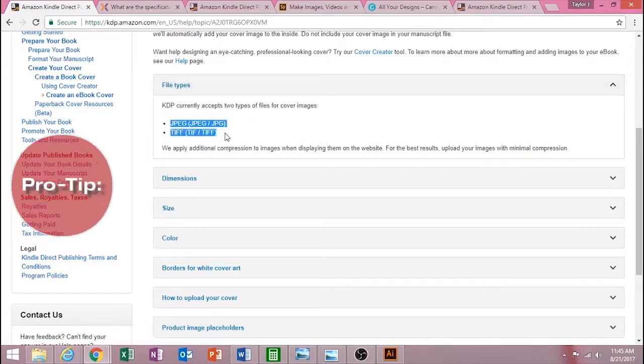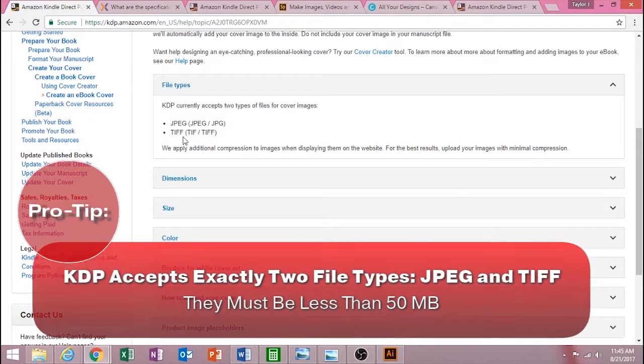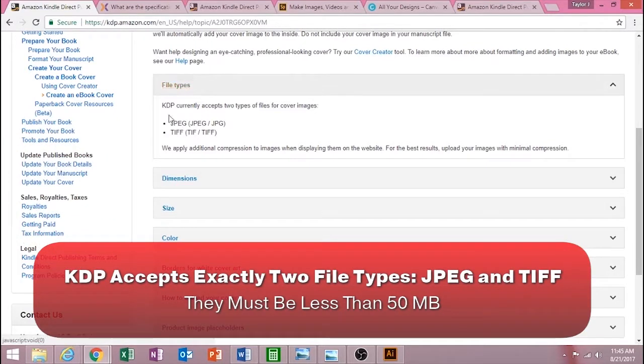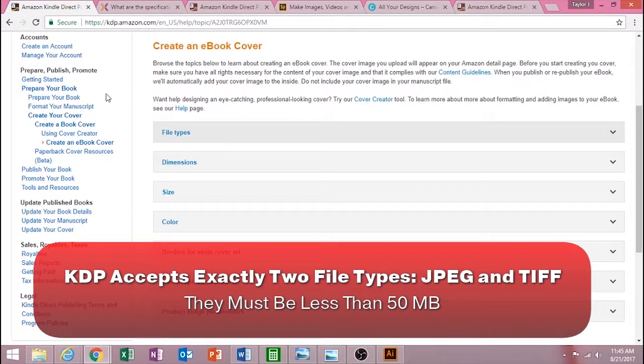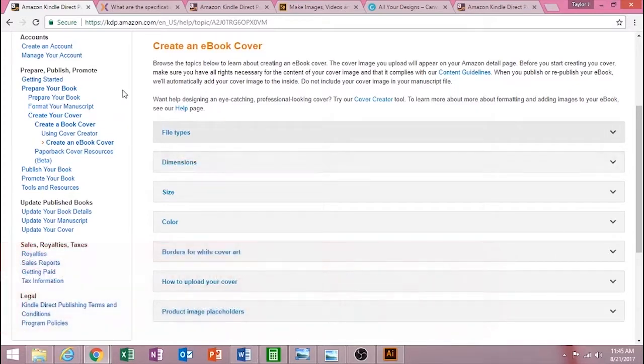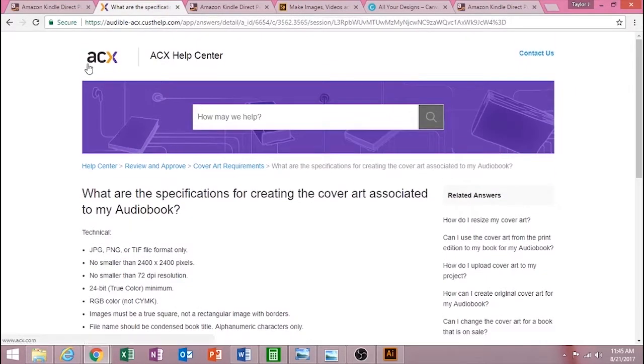KDP only accepts two file types, TIFFs and JPEGs. So if you don't know what a TIFF is, go ask your mother. We're going to focus on JPEGs here. I'm going to show you, as I stated earlier, two free ways to make your cover. Then I'm going to show you how I do it, or how you can do it, in Adobe Illustrator, which is the preferred method. And before I even get into that, I'm going to show you ACX, which stands for